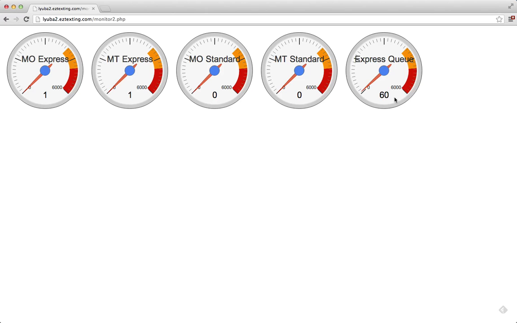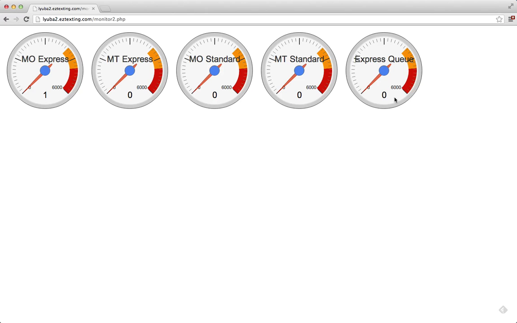Okay, so we can add these graphics to any Gearman workers if we need. We can also write small scripts to get data from any other sources like a database. It's what we did for the express messages queue. We have a tool to visualize.